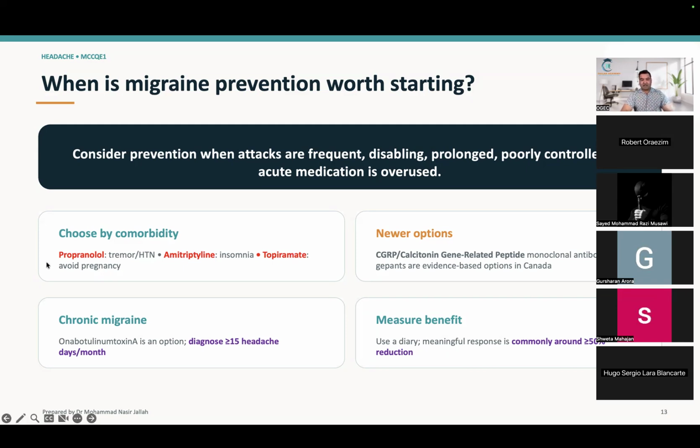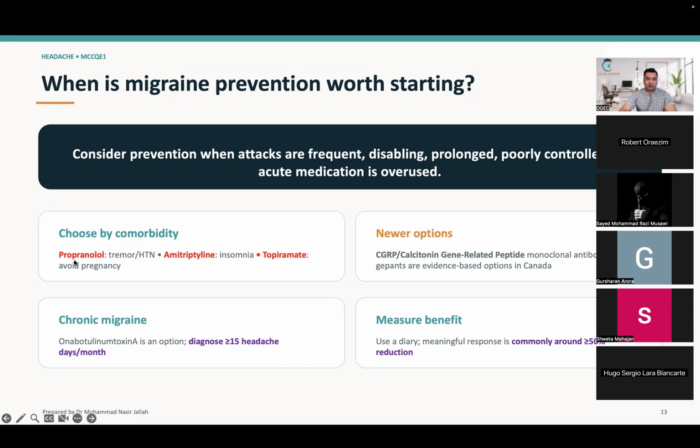But remember, for the preventive treatment, we have propranolol, we have calcium channel blocker, we have anti-inflammatory, depressant, we don't have it here, but I'm going to show you. So we have antihypertensive medication as a preventive, anticonvulsive medication, we have antidepressant medication. These medications are not like you just memorize them. You pick these medications based on the condition. I think I do have a slide for it, but anyway, so choose by the comorbidity.